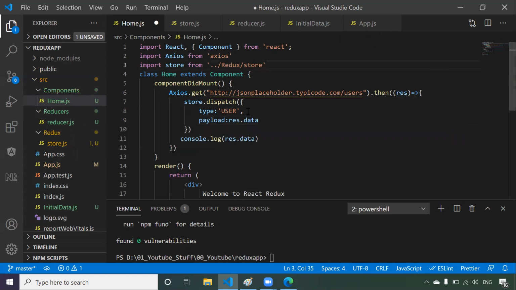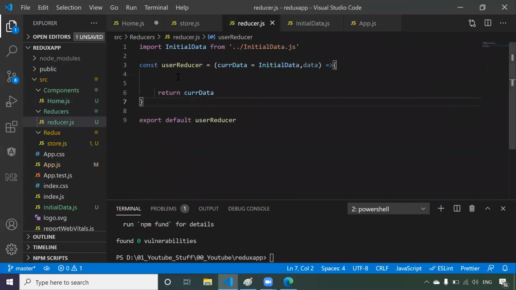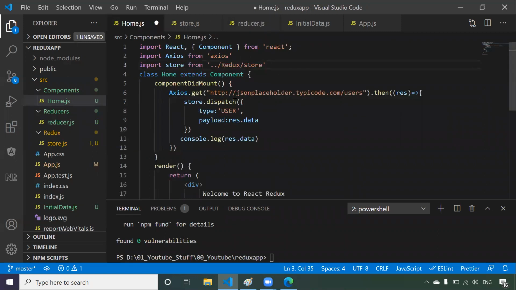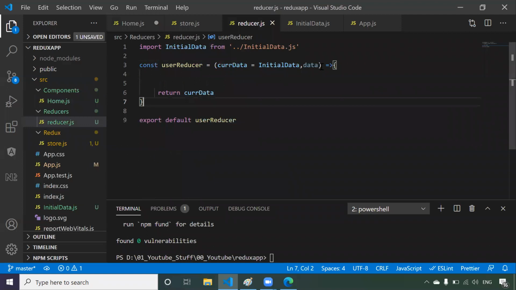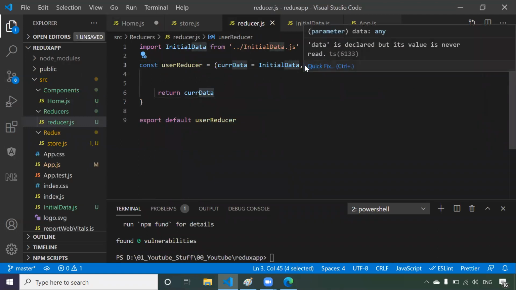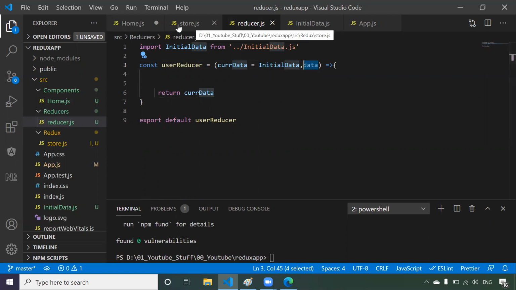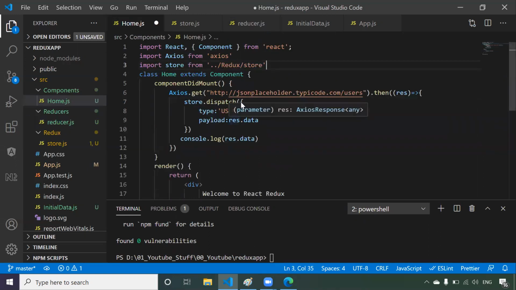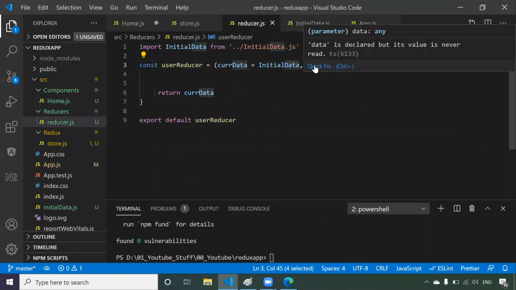So now what will this dispatch do? Dispatch will call this particular reducer. Once it has called this reducer, it will pass this object to the reducer in the second argument, meaning in this data it will be passed. So this object will come to the reducer and it will be stored in the second argument.